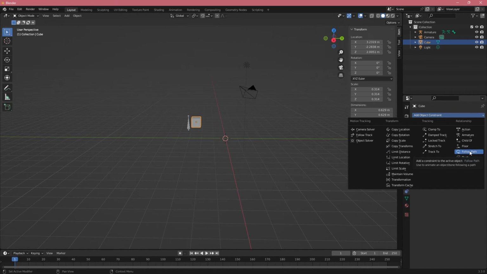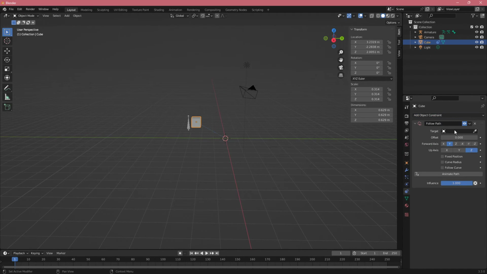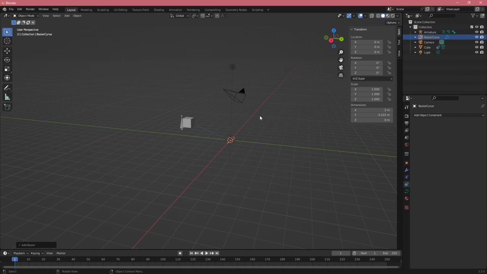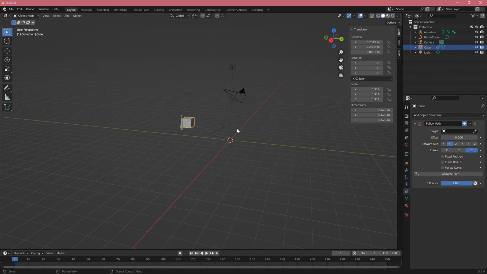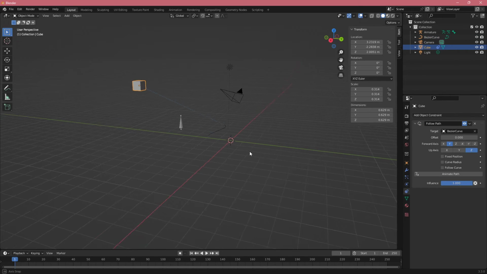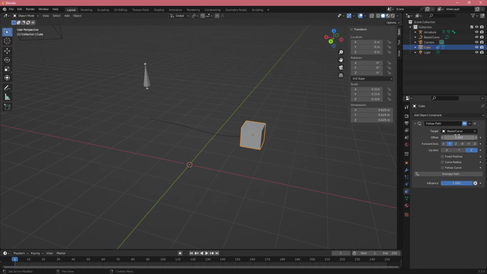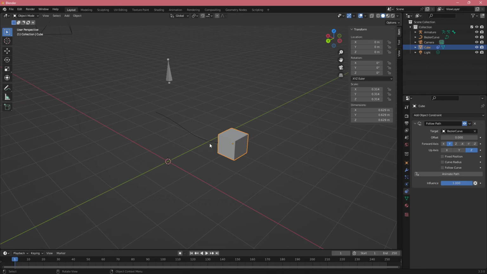We have Follow Path. This might be useful if you have, so if I click Shift A and add a curve, Bezier curve, I can attach my object to that object, and let me actually set all of this to 0. And now what we can do is make this object follow, let's click 0. Oh yeah, we can actually animate it. Let's see. So it goes from 0 to 1 and you should be able to animate it, and now